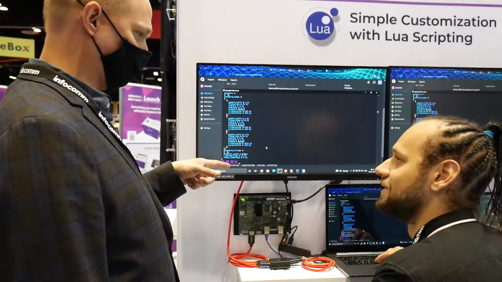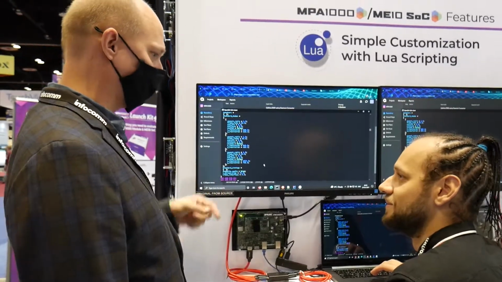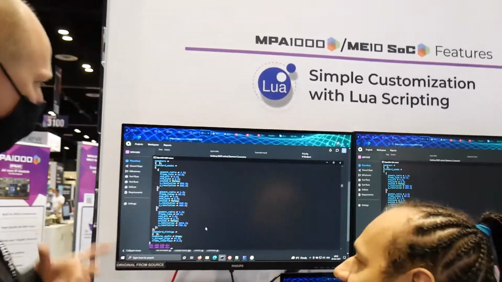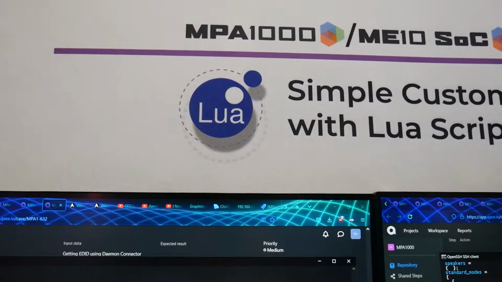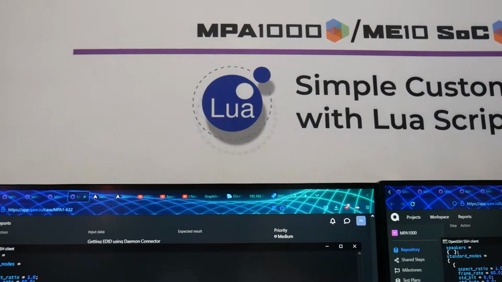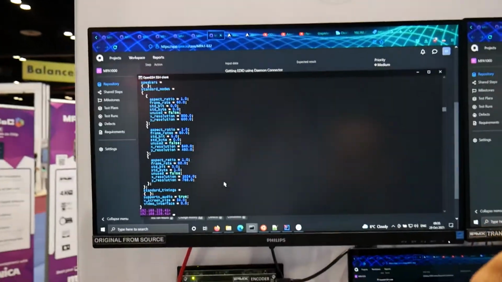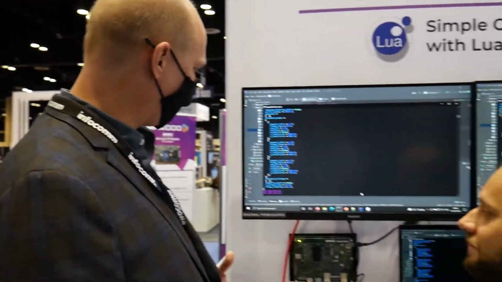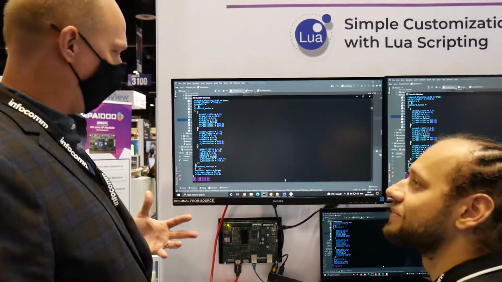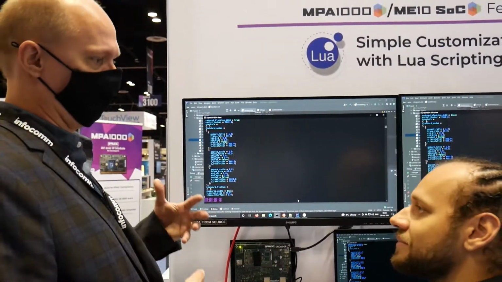This REPL is actually written in Lua, correct? I think so, yes. So people can take this example and modify it and turn it into a command line interface for their product, right? If that's what they want, they can do that. Okay, so we have a powerful REPL written in Lua, and people can customize that and use it in their